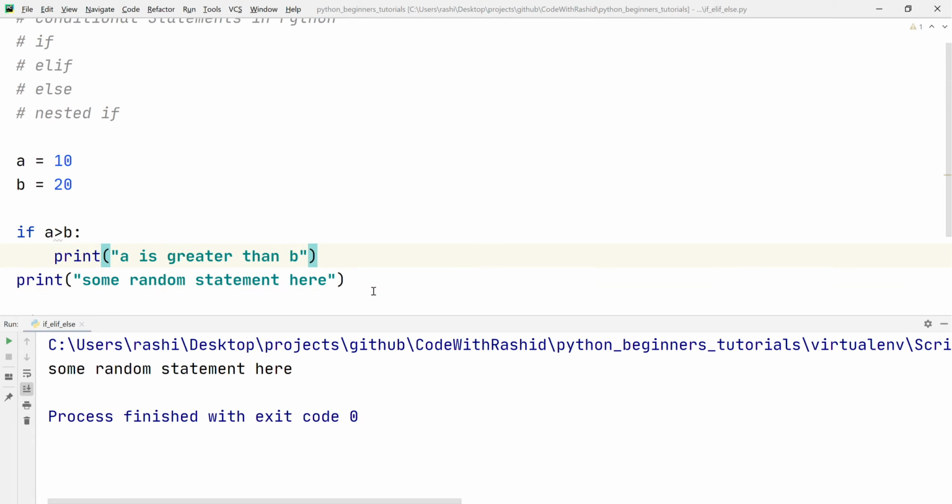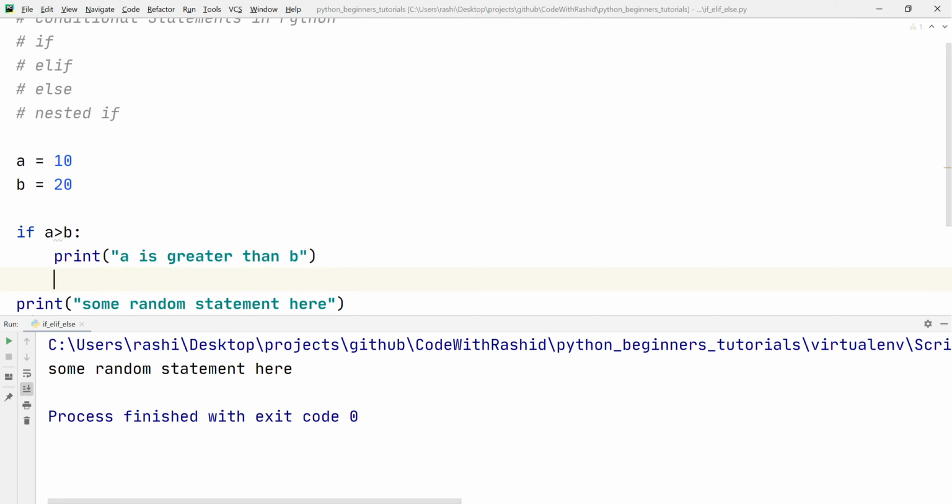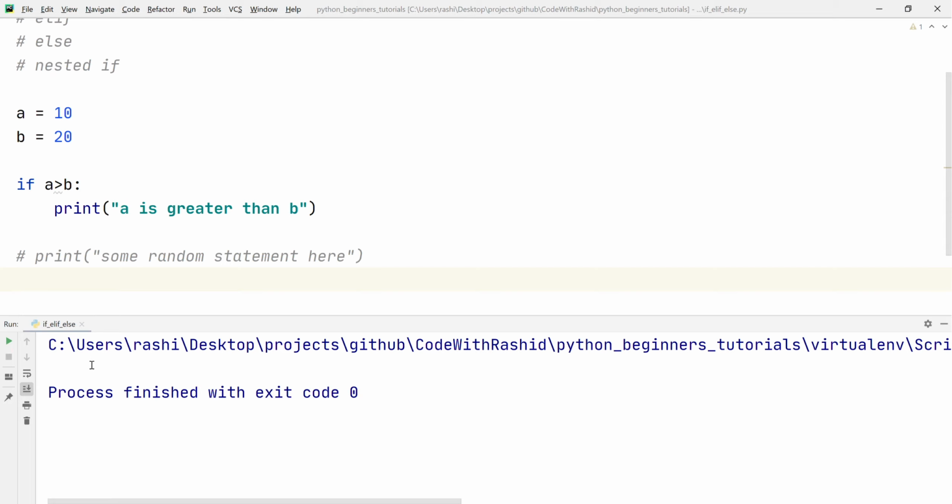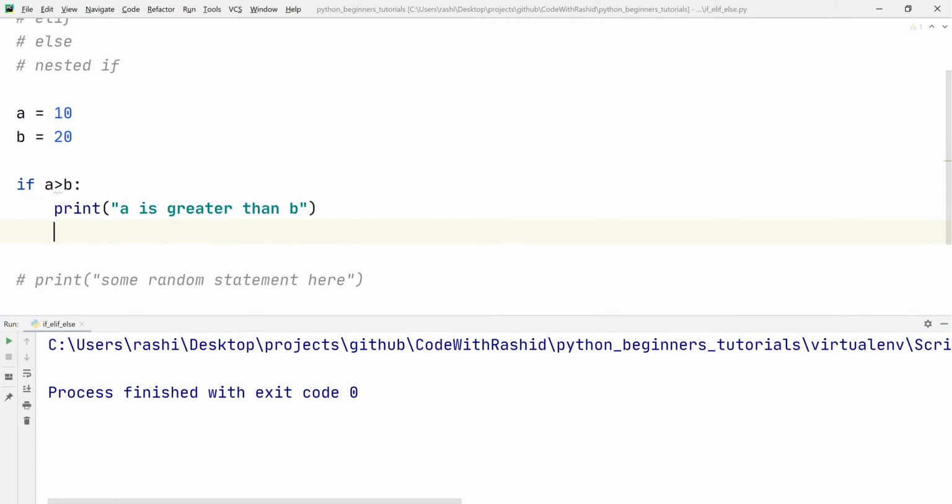So now let's move on to the else part. Let's say we also want to print an output if the condition is not true, we want to evaluate to something else. If I comment this code and run the program again, we can see we have got an empty result here. But we want to print something if the condition is not true. So in that case we shall write the else part.